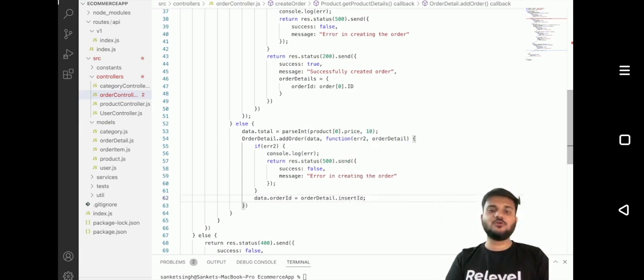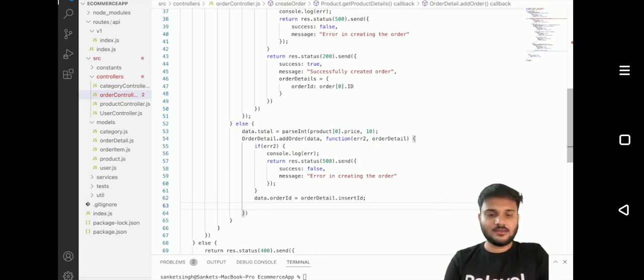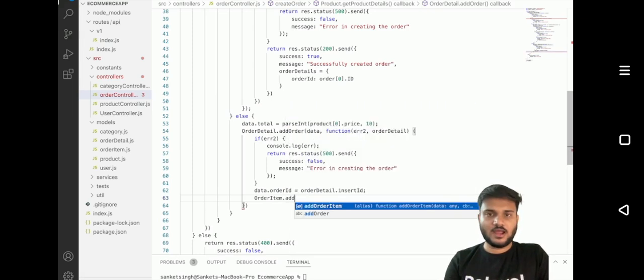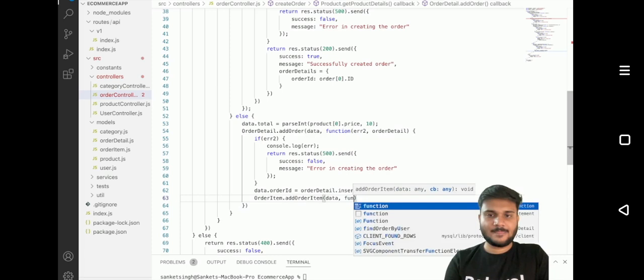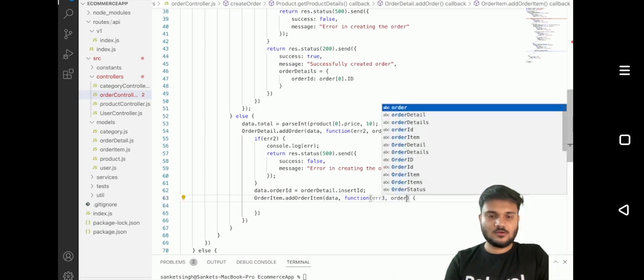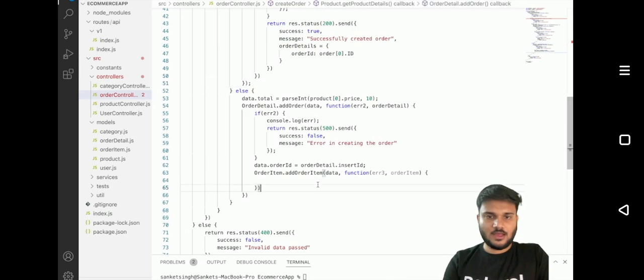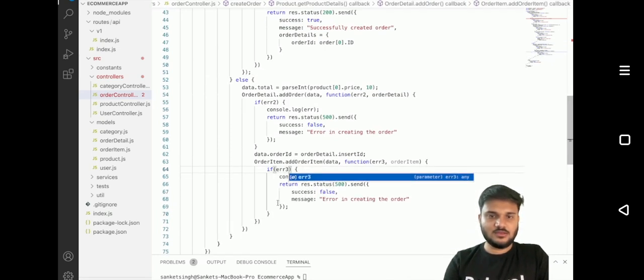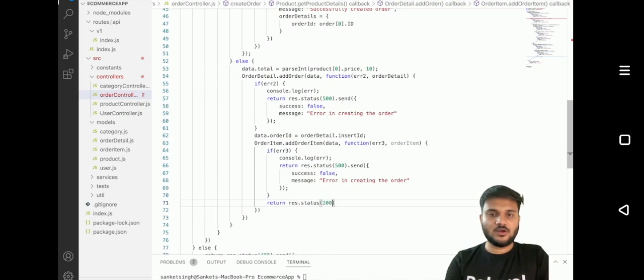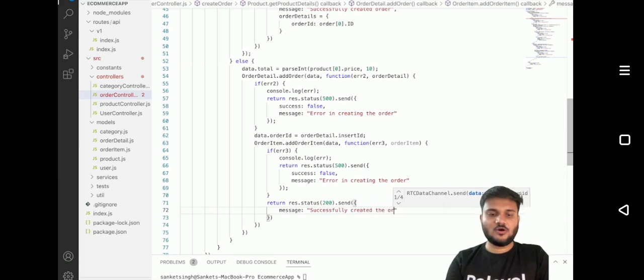What is insert id? Insert id is going to be the last. This is the property that we get on the object, that is the last entry of the row that you have made, right? And then again, we are going to call order item dot add order item and pass data, function error 3, order item. And again we have the same if check, error 3. If there is no error, then we'll say return res dot status 200 dot send message successfully created the order